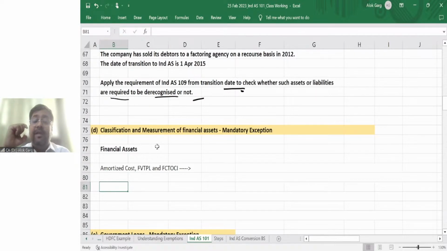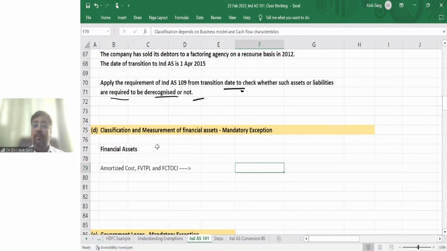The entire accounting for financial assets depends on the classification of financial assets. If it is amortized cost, you have to amortize it and recognize interest. If it is fair value through profit and loss, you have to remeasure the financial asset every time at fair value, and whatever mark to market fair value changes there are, they have to be recognized in the P&L. If it is fair value through OCI, again, every time it has to be measured at fair value, and whatever fair value changes there are, they have to go to other comprehensive income, right? So the accounting depends on the classification,